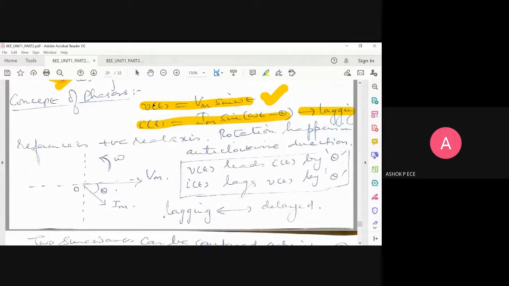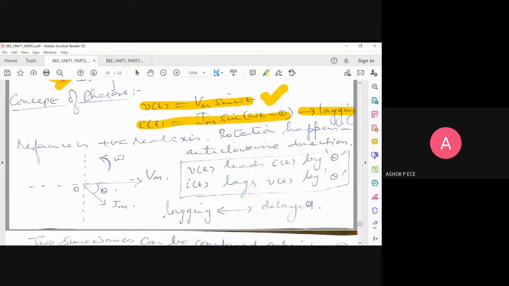See, you can draw them in time domain. You can draw the sine wave as Vm sine omega t. This is your voltage, and current is delayed, so it will not start immediately. It will start somewhere after your voltage. So this is the value of current. So I can draw the voltage and current functions in time domain very easily just by knowing the value.